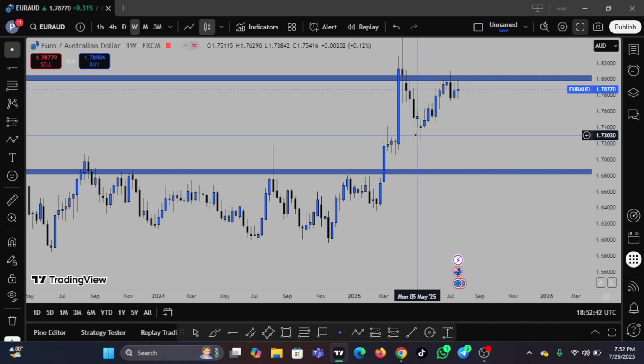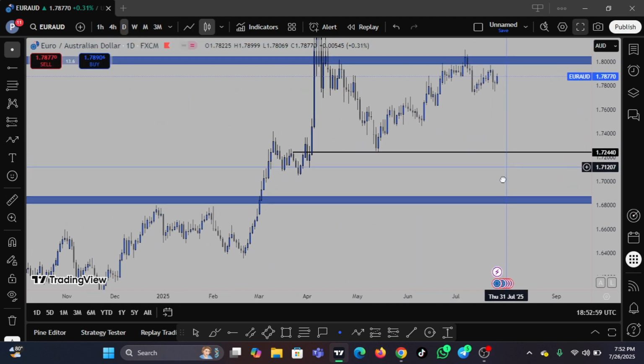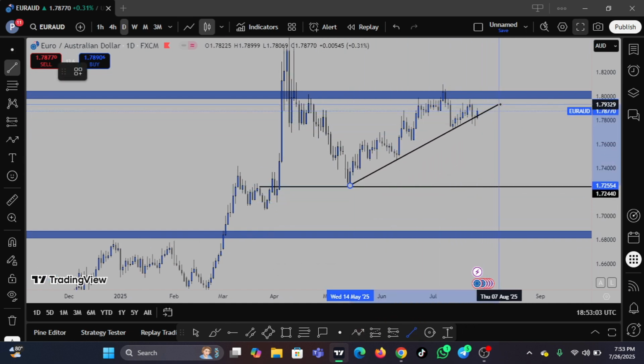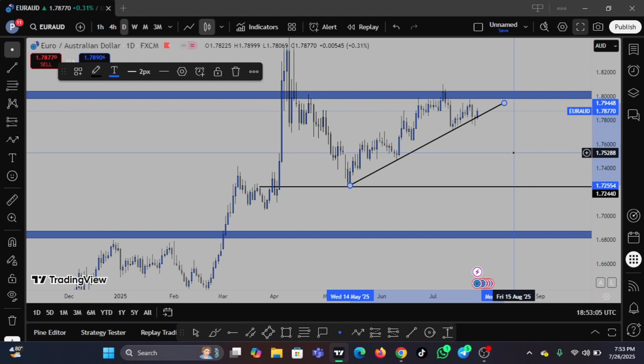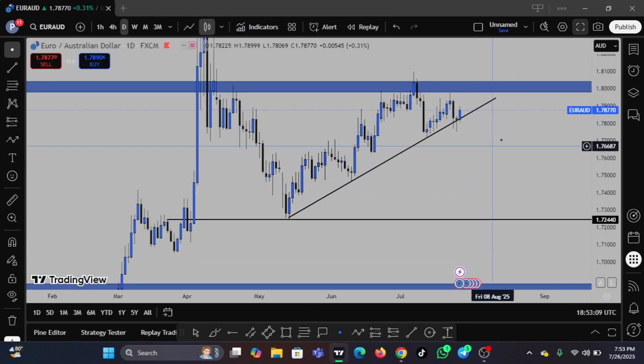So if this pattern forms, how can we get in on this trade? Should we wait for a break here? Of course, that's still going to be a very long journey. So we can start looking for an opportunity from this second top back to the neckline on Euro AUD. So on the daily chart, what are we seeing? We have a trend line like this. Yeah, we have this trend line. When price breaks this counter trend line, I will short Euro AUD.